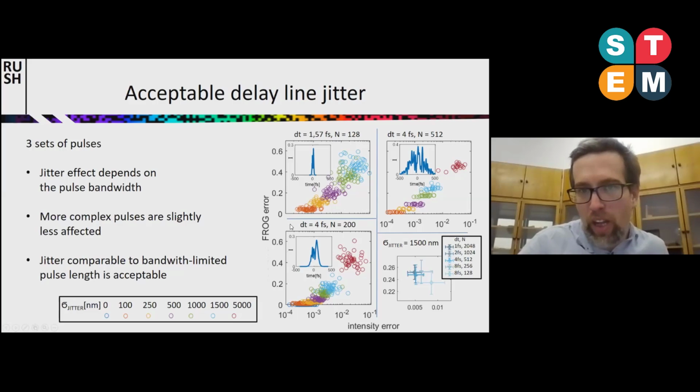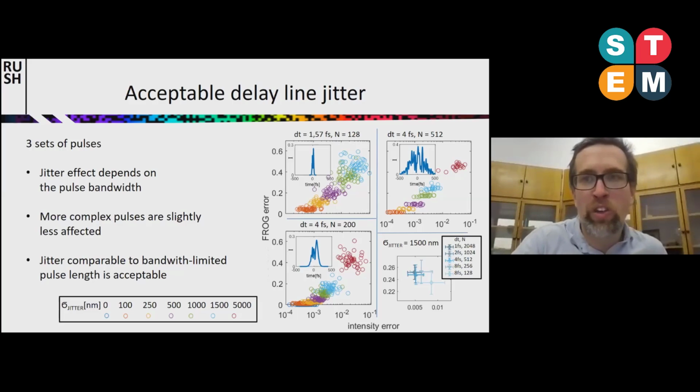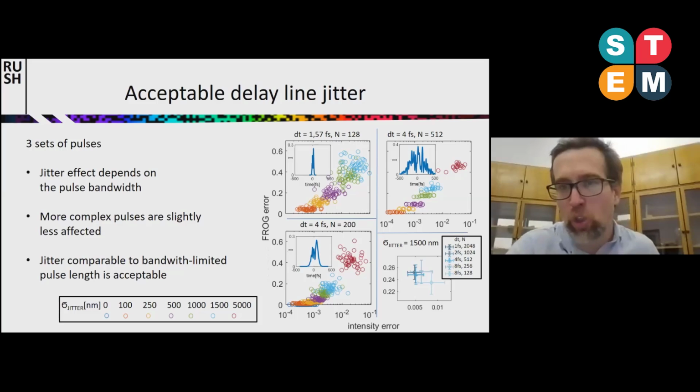So here the answer was that we wanted to know what is the acceptable delay line jitter, and the one which we got was based on, for instance, comparison with the noise of the reconstruction error that you get, because every measurement suffers from a certain noise level because of shot noise and certain noise sources.